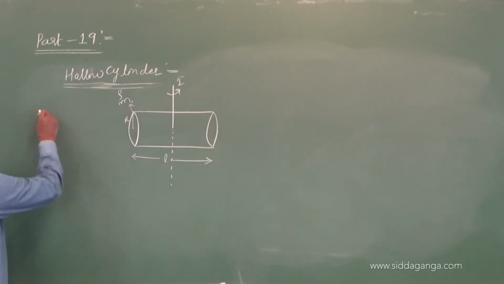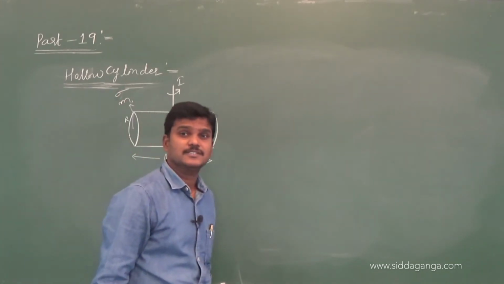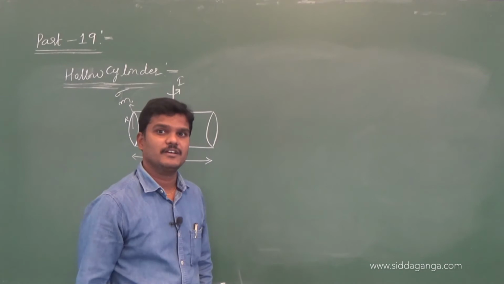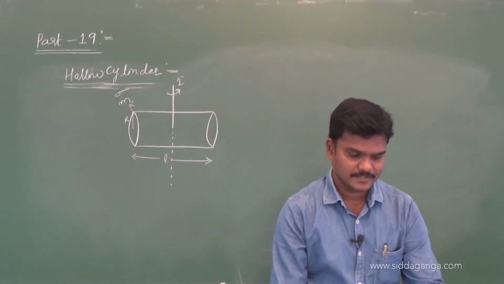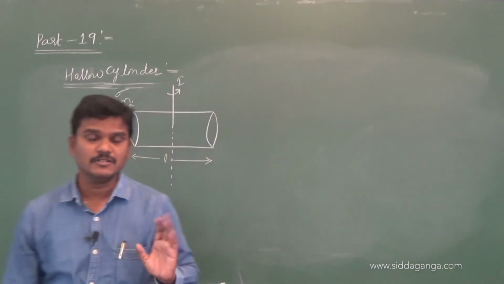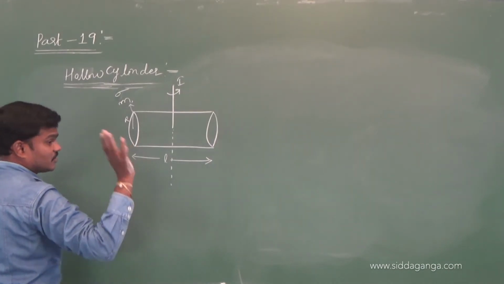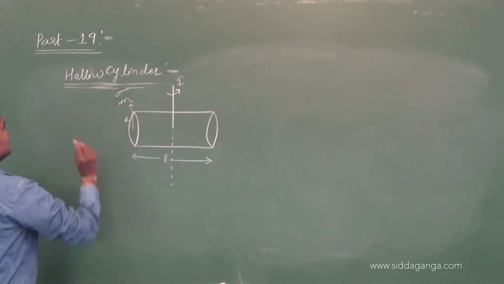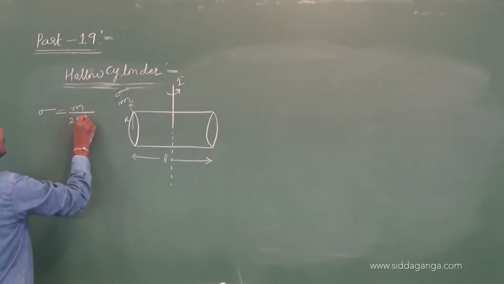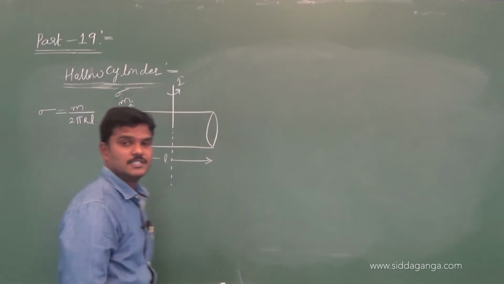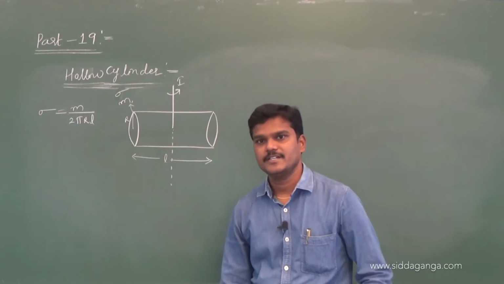Let us write first what this rho is. Is it rho or sigma? Sigma. It is an areal object, so sigma is mass by area, not volume. Sorry, I did it wrong. Pi r square h is the volume of the solid cylinder, not this one. So what is sigma? Mass by area. What is the area? 2 pi RL. Sorry, just change it. Sigma is mass by 2 pi RL, where R is the radius and L is the length.